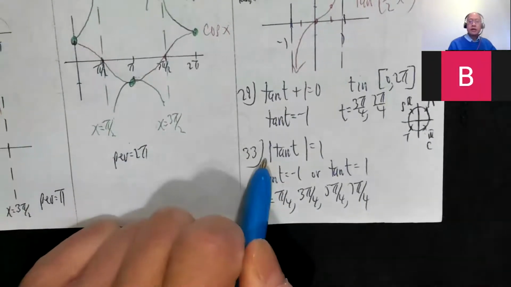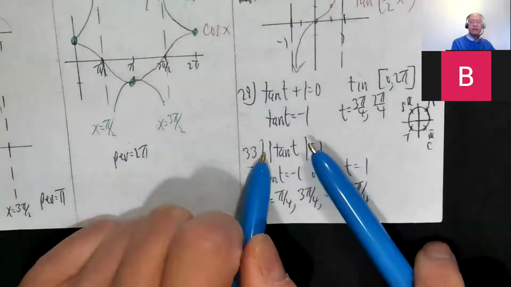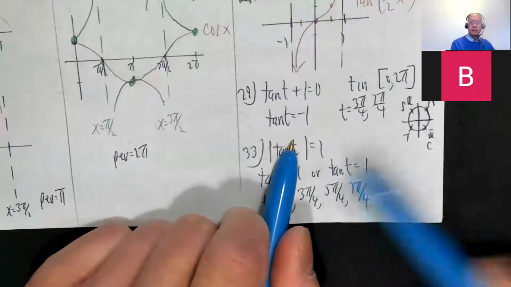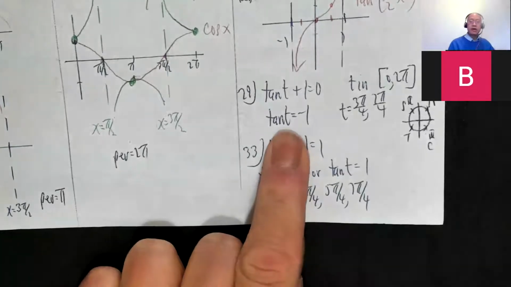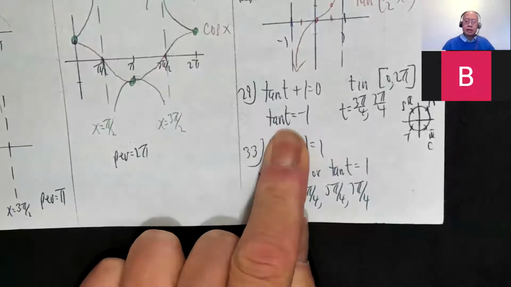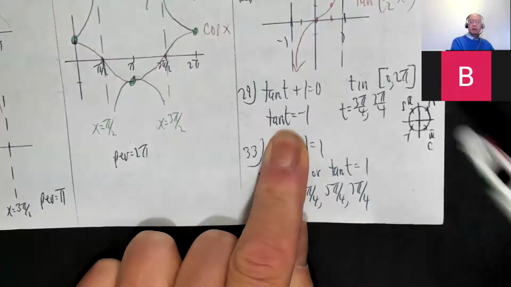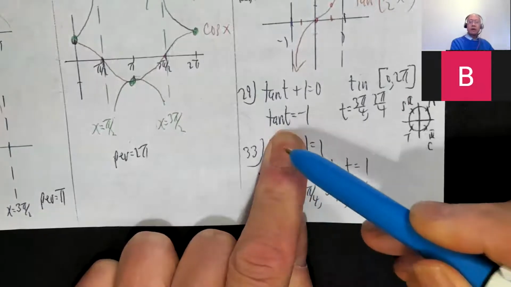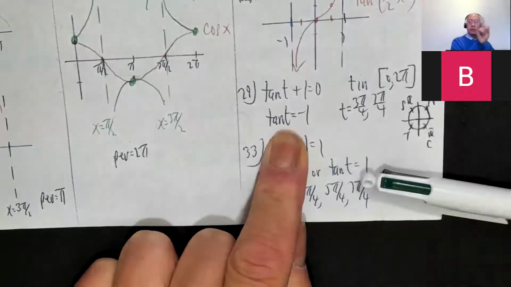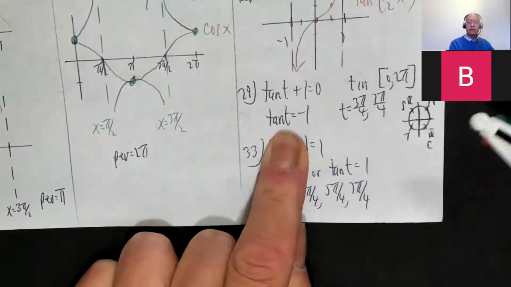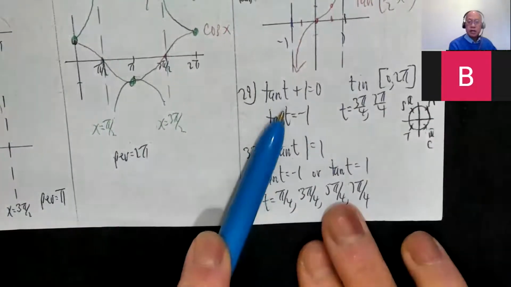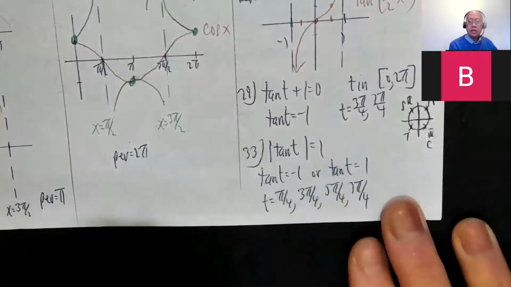For 33, it says absolute value of tangent t equals 1. It's almost like 29. Think back to when we were doing absolute value, right? Cover it up. Sometimes I would say, if you don't like looking at something, don't look at it, just kind of cover it up. So I got absolute value, blah, blah, blah, equals 1, which means behind my finger can be a 1, or it could be a -1. So there it is. Tangent of t is -1, just like over here. Or tangent of t is 1,